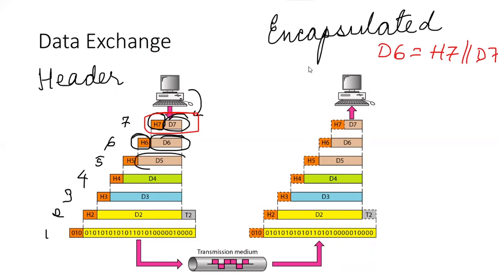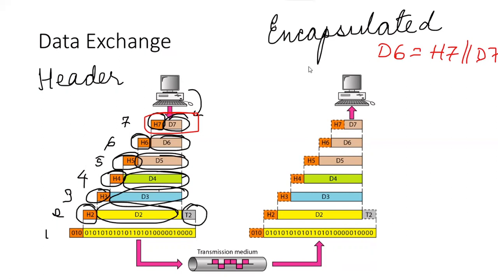You see, in the next layer, this is D5 and header 5. D4, header 4. Okay, D3, header 3. Except for the last two. You can see in the last one, along with the header, D2 is the data which is received from the network layer. This is the data link layer. So in the data link layer, from the network layer, you get D2. Then the data link layer adds not just a header, it adds something at the end also. And this something at the end is called a trailer. Header and trailer. So the data link layer adds a header as well as a trailer.